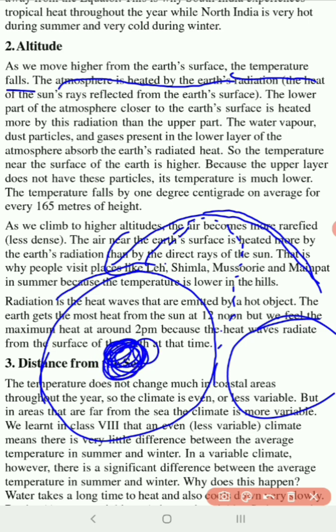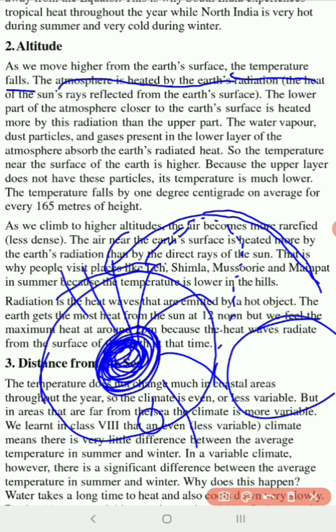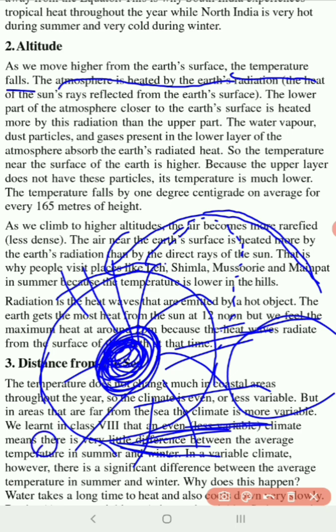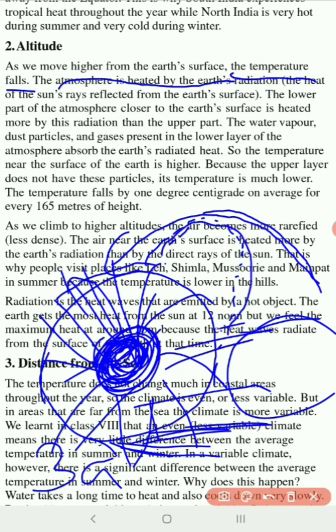So when the Earth is heated up, what happens? It emits radiation. That is why in the afternoon it is very hot. Why? Because from the morning till afternoon, the sun's rays fall upon the Earth, and the Earth is slowly heating up. Around 3 o'clock it becomes very hot, because after the Earth is heated up, it emits heat radiation over the surface. So we feel very hot, but in the high altitude we don't feel that much heat,